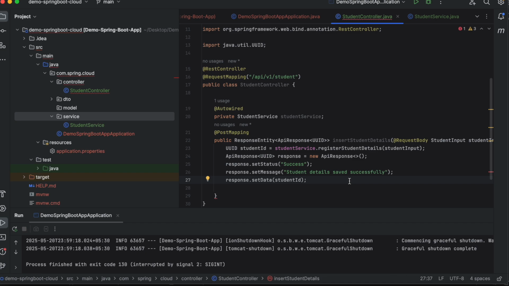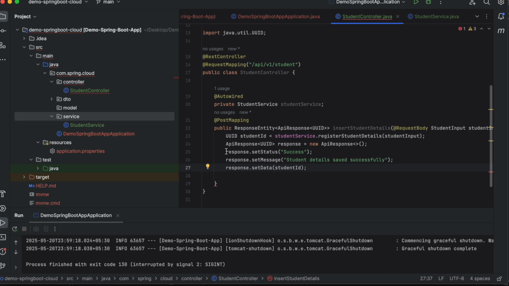Okay, now there are two ways. We have added this using the setter method, but we can directly use a constructor as well.